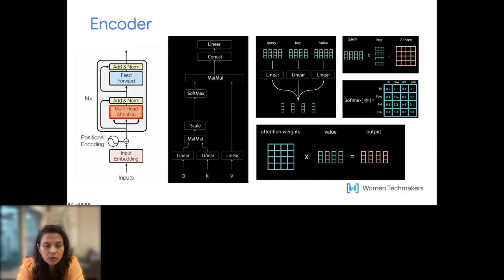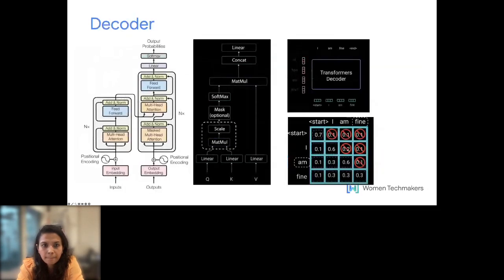Okay, so we get our encoded output over here. Let's now try to understand the decoder architecture. The decoder architecture is basically used for text generation. The encoder is used for understanding of the text, and the decoder is used for generation of the text. Since it is used for generation, let's start from here.